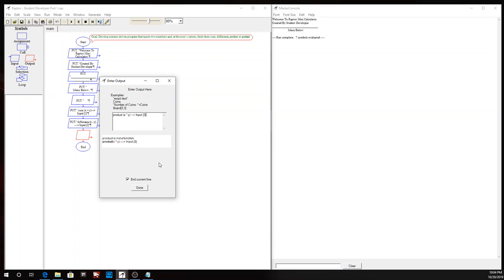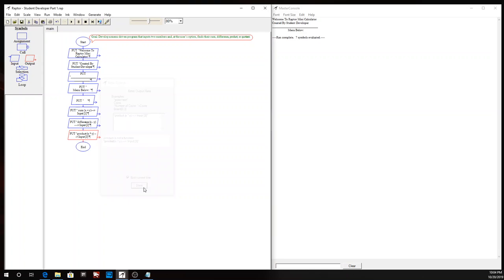So we're going to do that. Forgot to close the quotations. I forgot to put quotations at the beginning and at the end. So let's not do that again. Okay. Let's add another output